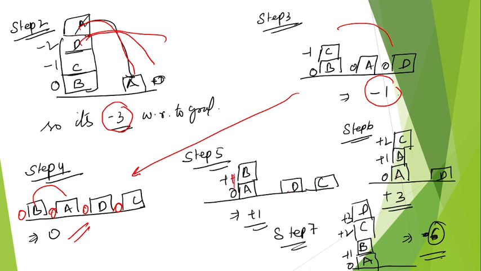Then step 6. After A, what is that? What is my goal solution? A, B, C, D. A, B. This is B, correct? This is B and this is C. I am just placing this C here. Whatever C is there, I am placing, this becomes plus 1, plus 2, because A is there. After A 0, plus B will come, plus 1. This becomes plus 3. Yes. Then after that A, B, C, D. Plus 1, plus 2, plus 3. That is plus 6. Did we not get the goal?